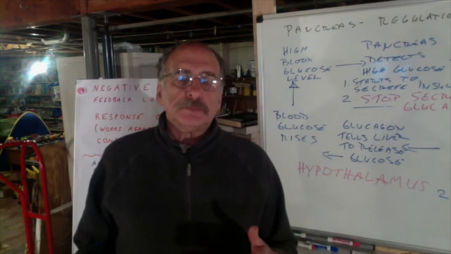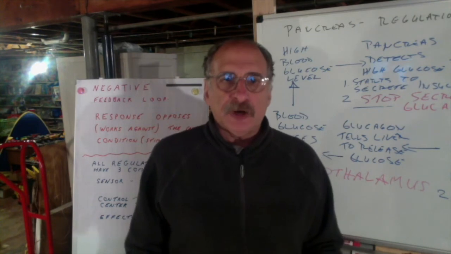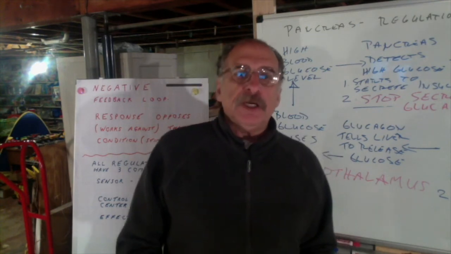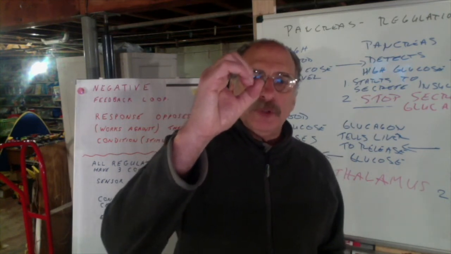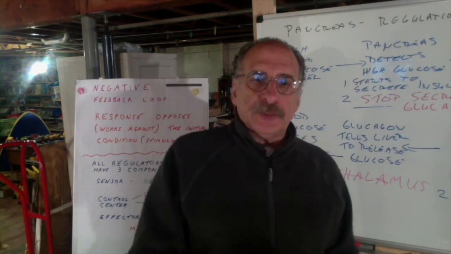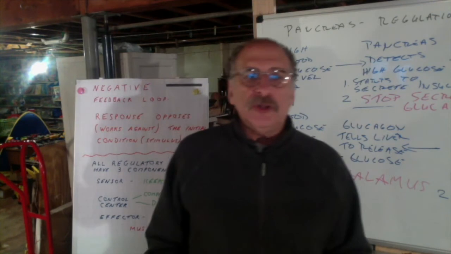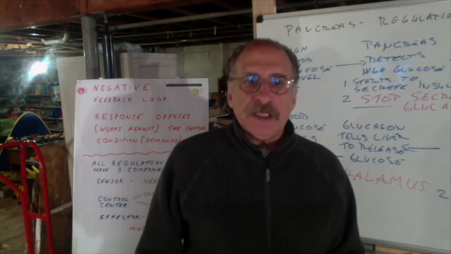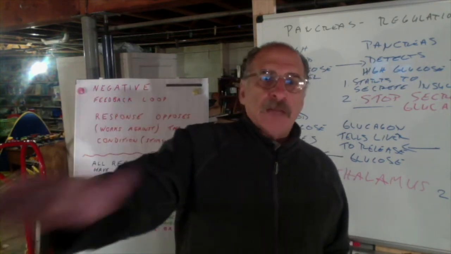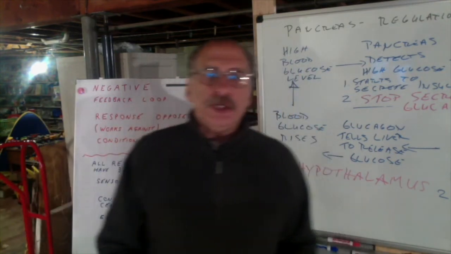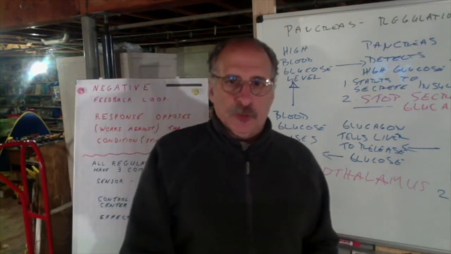A stimulus causes a response. If I shine a light in your eye, you'll probably blink. The opening of the eye that allows light to come in is called the pupil, and the pupil will constrict. It'll become more narrow to limit how much light is coming into the eye. So the stimulus would be the light, the response would be the constriction of the pupil. If you touch a hot object, you'll jerk your hand away. The heat is the stimulus. The response is jerking your hand away.